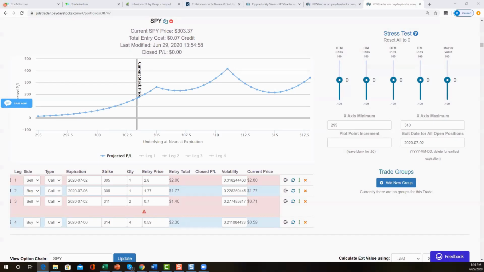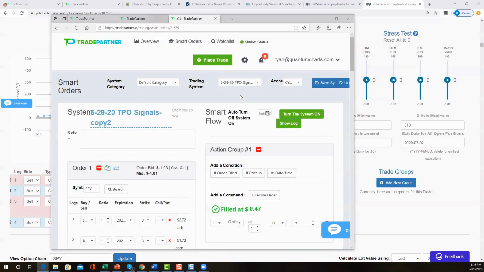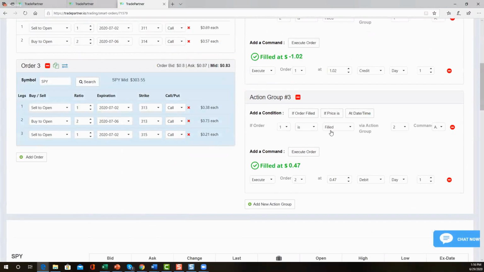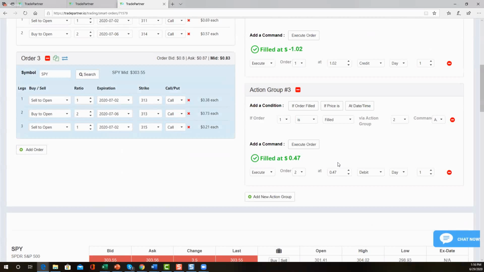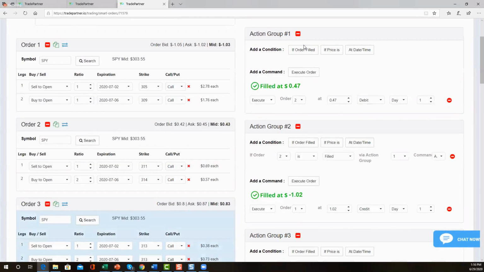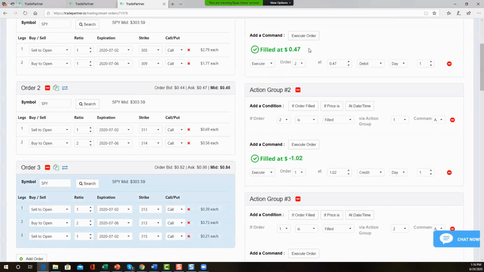So if you're not familiar with Trade Partner, obviously Trade Partner is my own trading platform. So here we got all three trades filled: 47, 102, and then 47. And I did a 111 on all of these. So that's two bullish that were filled, one bearish. I staggered how they were filled in order to decrease my initial risk. So first one bullish, and if that was all, if the market then tanked, I would have one bullish, and my total risk on the trade would be $47.